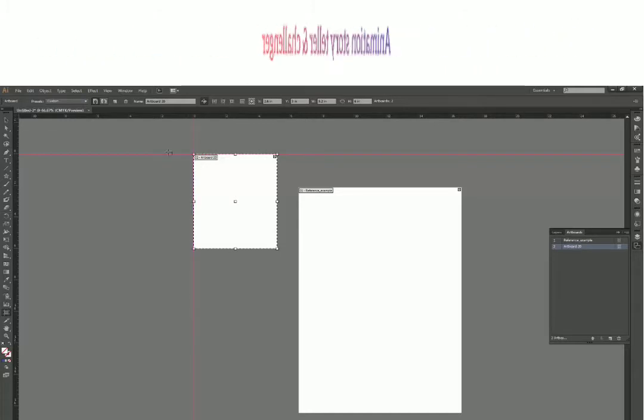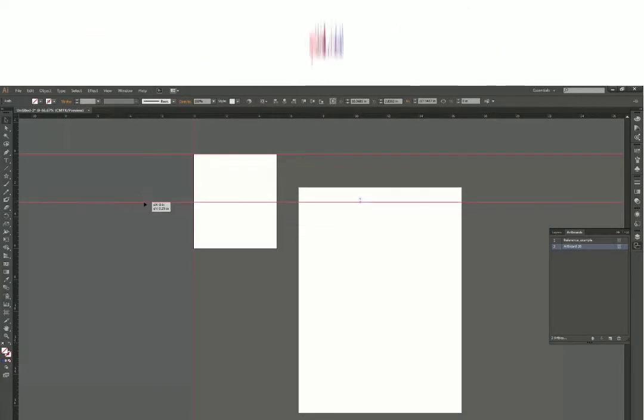This horizontal is called the X axis and this vertical is called the Y axis. So when it says 2.6 inch, that means my center is 2.6 inch away from the Y axis. Sorry, when I say X, it's not X, it's the Y axis. So my center is 2.6 inch away from the Y axis and 3 inch in Y. That means this artboard center is 3 inch away from the X axis. So even if we draw guides to the center, let's say we'll just draw, okay. Like I was saying, you should have your selection tool selected for that.